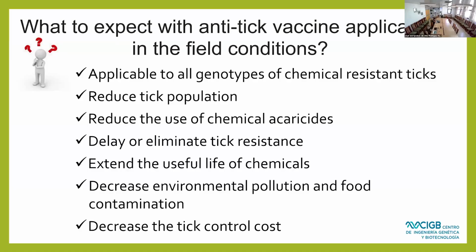the field condition. In the first place, when you have resistant tick strains in the field, you can use this method, and the vaccine may be applied to all genotypes of resistant tick strains, and you should expect to reduce the tick population. After 2 or 3 generations feeding on vaccinated animals, you produce a reduction in the tick population, not